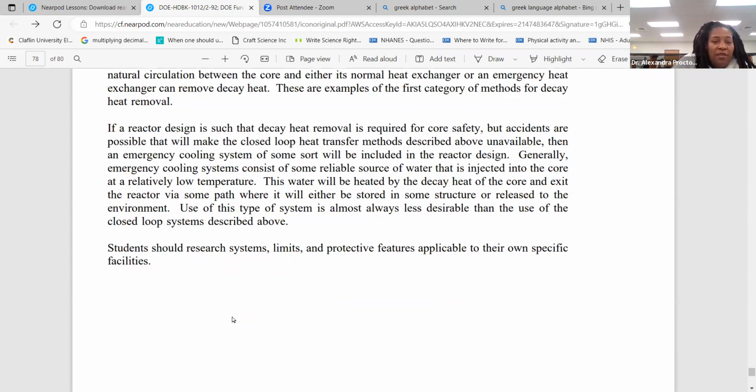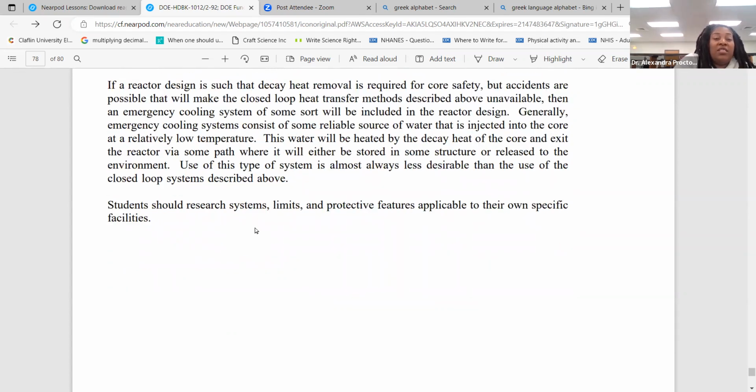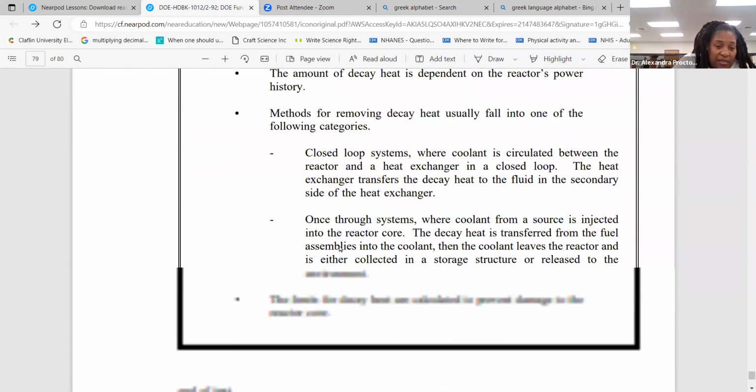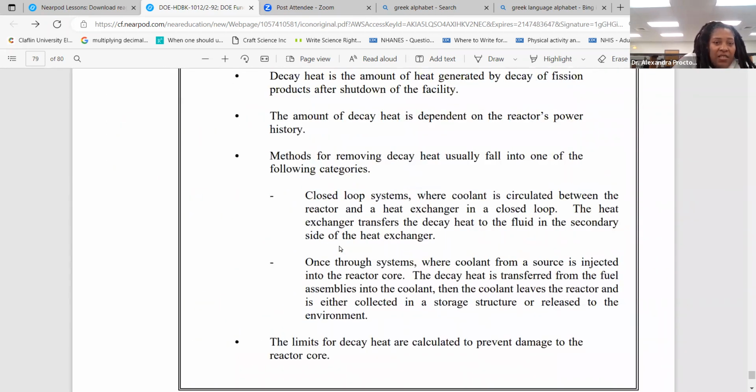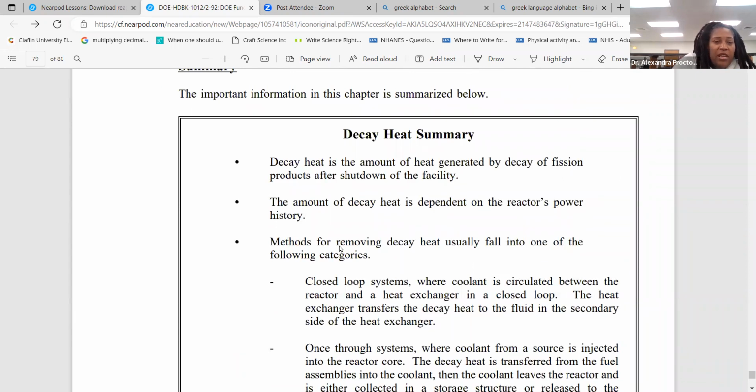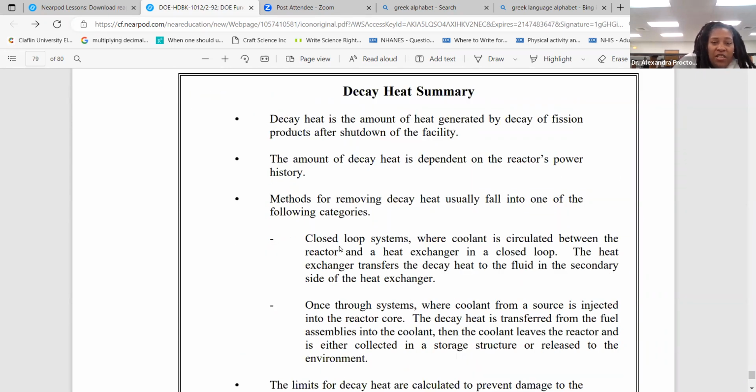And so they're saying that you should research systems, limits, and protective features at your own specific facility. So what you guys need to do now is make sure that you write any equations here on the summary. So I'll pause here and then we'll